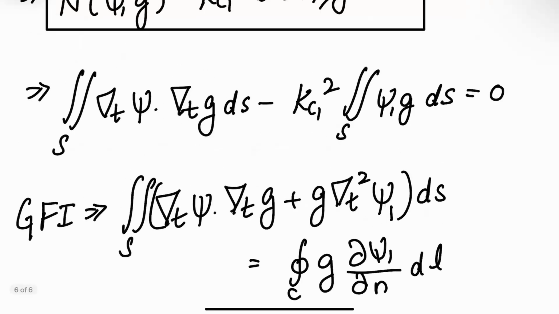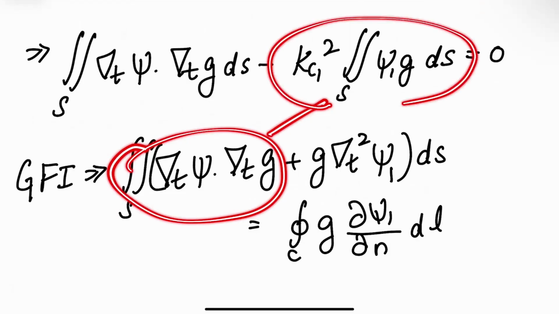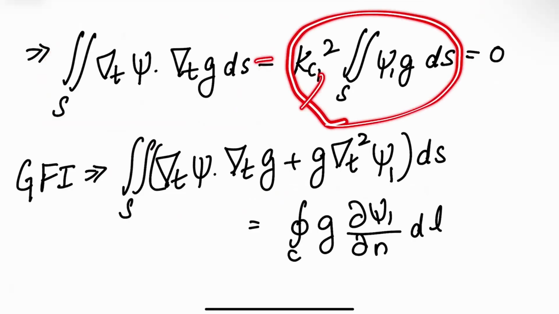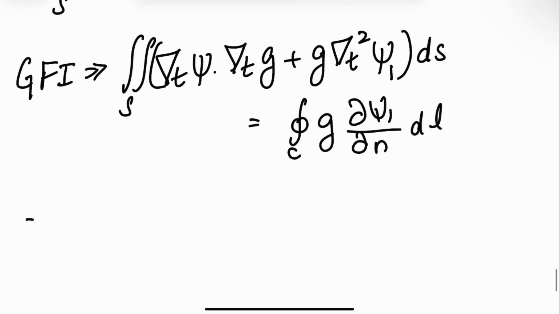I mean to say that I can substitute instead of this, I can substitute this quantity, right? Because this surface integral is equal to basically this. I can put that in there. Okay, when I do that, I end up with